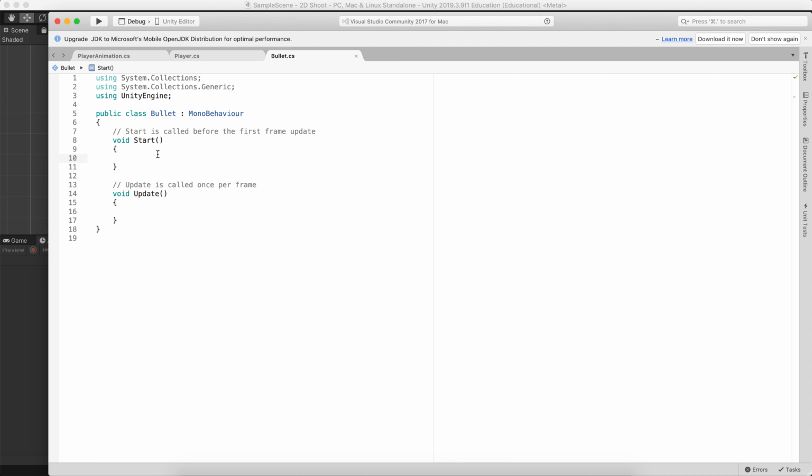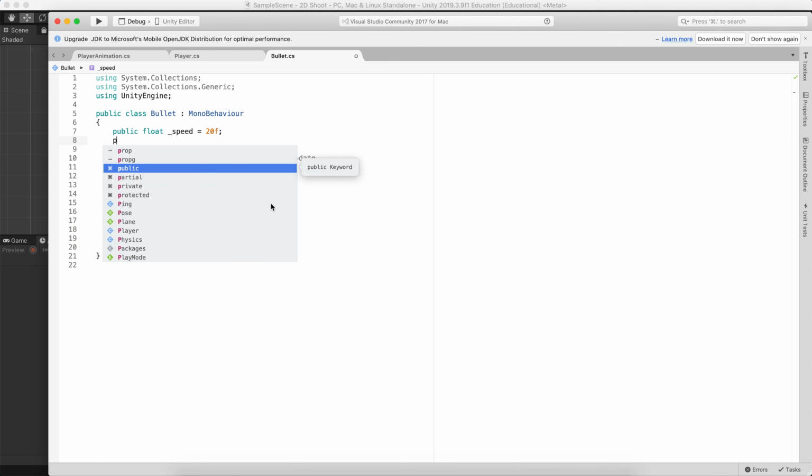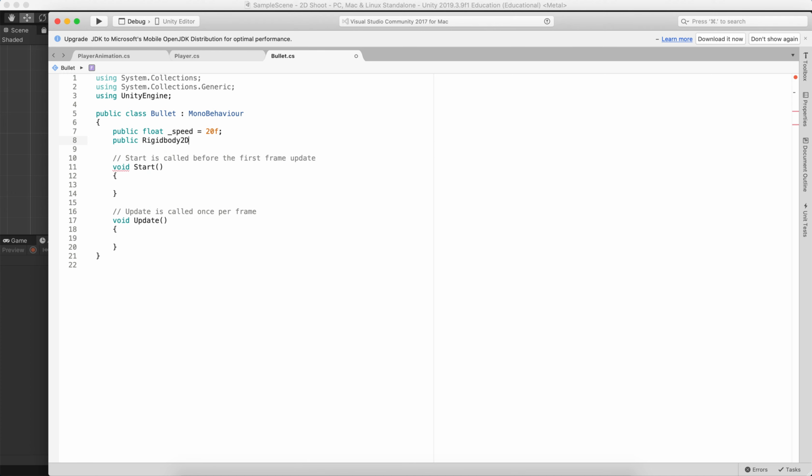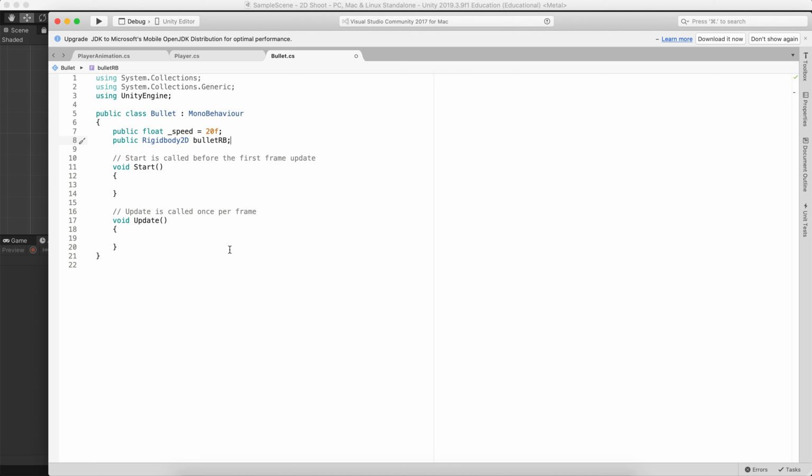So this is going to be controlling our bullet motion. So what do we need here? Let's have a look. First things first, we're going to create two variables. We're going to say public float underscore speed, and that's going to equal 20f. We're then going to do public Rigidbody2D, and we can call this bulletRB, so the rigid body of the bullets. And then let's implement this into our start. This is all we need to do for this. This is quite an easy part. So we're going to say bulletRB